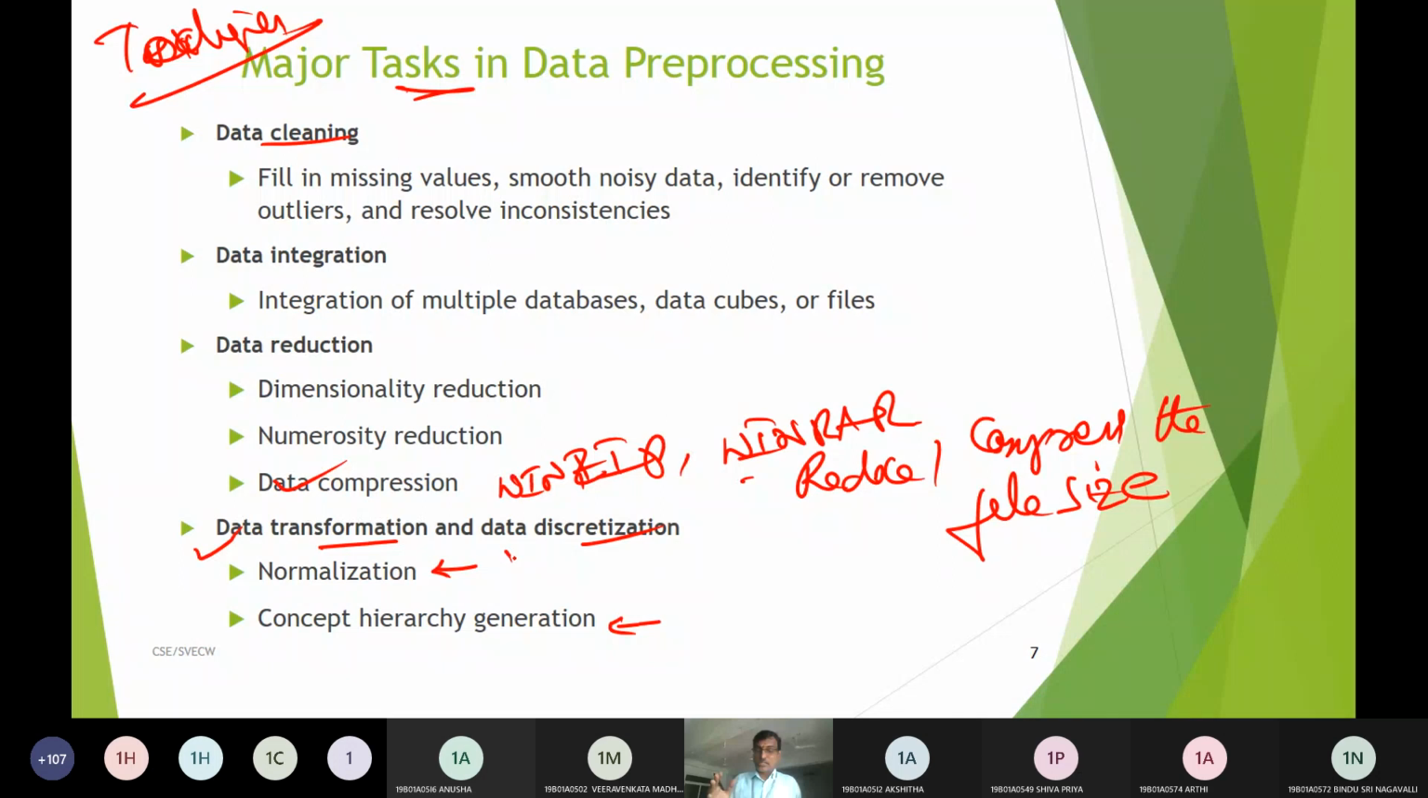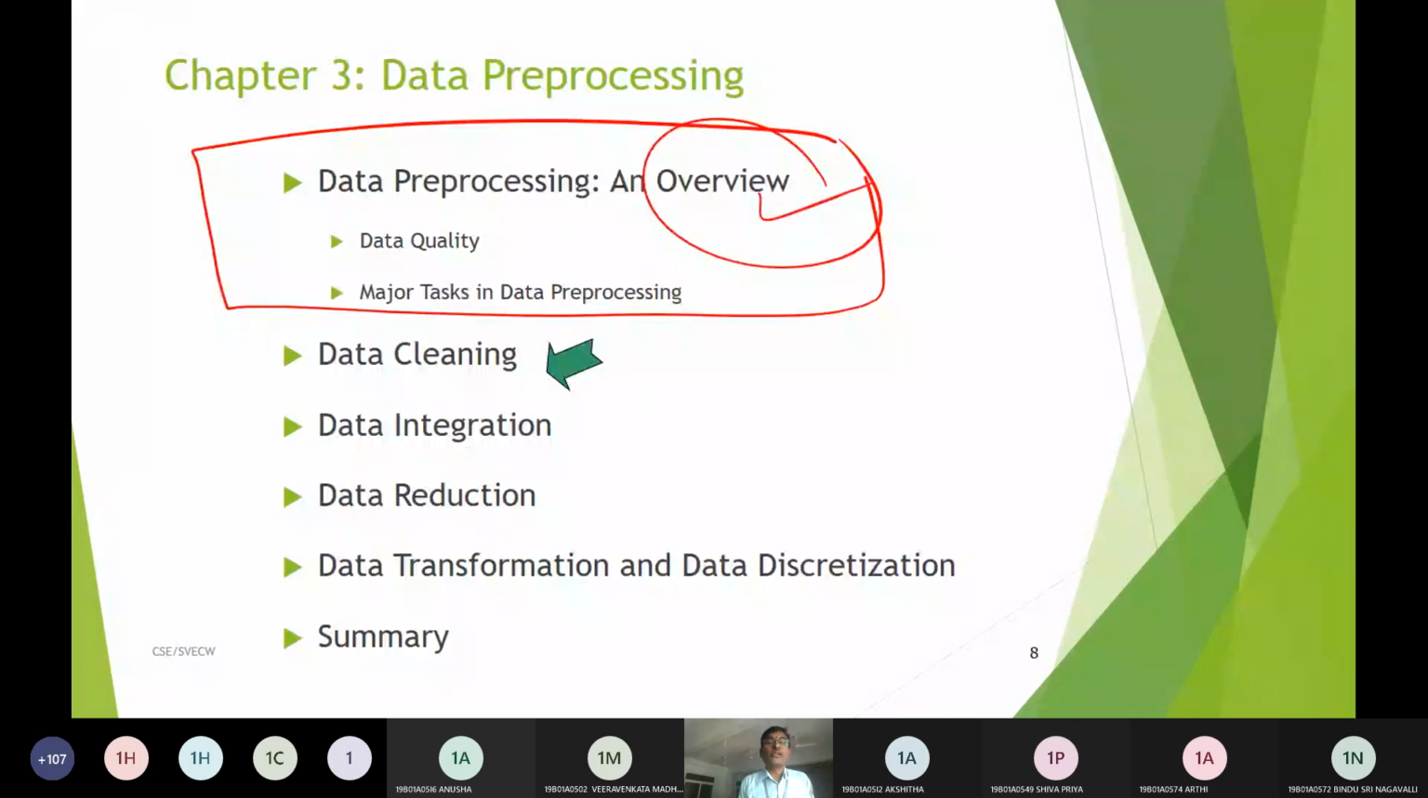Part of data pre-processing are data cleaning, data integration, data reduction, data visualization. So this entire topic, what the different primitives are, how